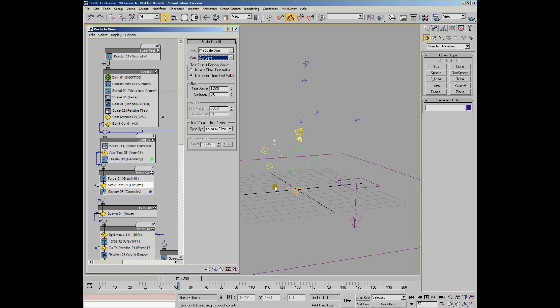If you look at our test scene, you can see our particles as they're emitted are growing in size. So we're going to be using is greater than. We're testing for when the particles are greater than a certain value. In the next group we have size, and as you can see, the group beyond it, scale, is grayed out. So this is actually a toggle. If we have a look up here, we can see pre-scale size uses a